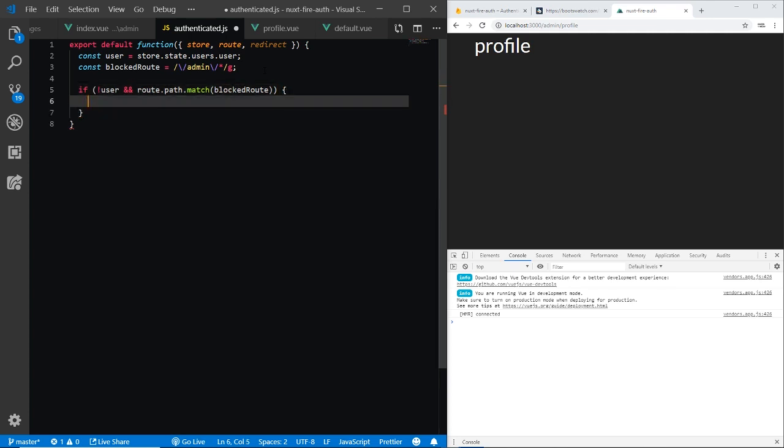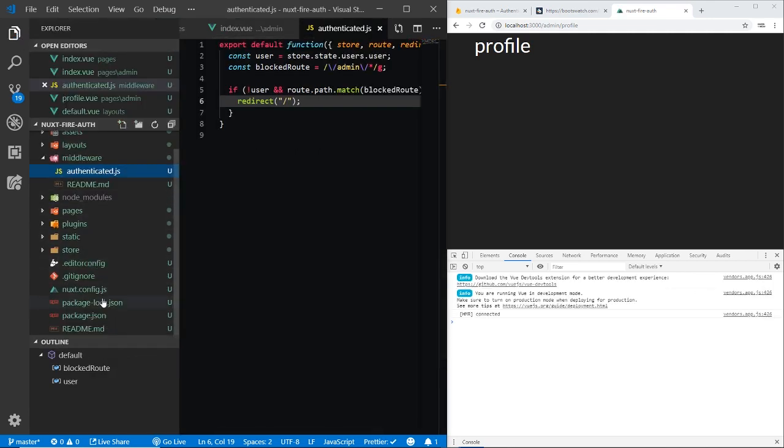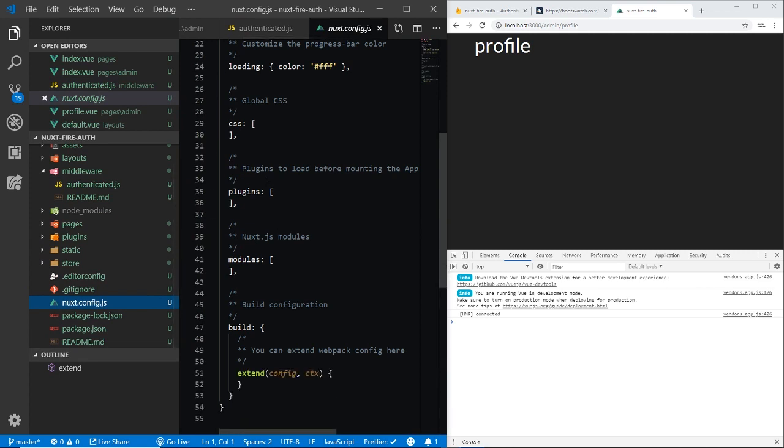If it doesn't match, it will return null. So this will be a false statement, and this will never happen. So what we're saying is, if there's no user in the store and the route is one that we're blocking, we have to redirect, because they shouldn't be on this page, and we'll just go back home to make them log in again. So when we save that, nothing happens, because we have to go to our Nuxt config,